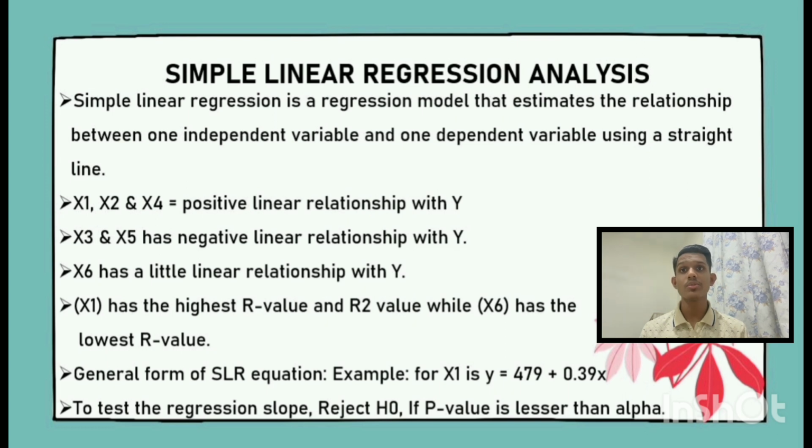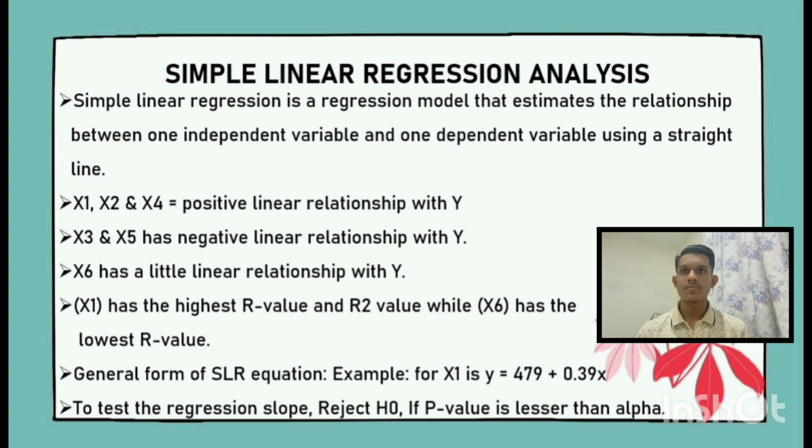For example, the equation for x1 is y equals 479 plus 0.39x. This means if x1 is 184, y is equal to 550.76. To test the regression slope, we reject H null if the p value is lesser than alpha. In that case, x1 is rejected, x2 is rejected, x3 is accepted, x4 is rejected, x5 is accepted, and x6